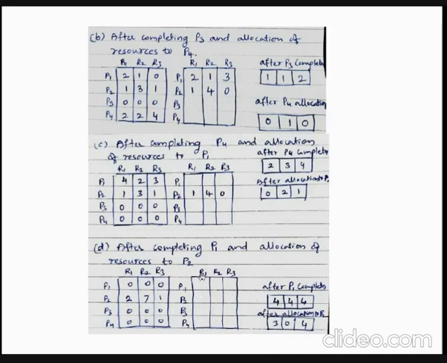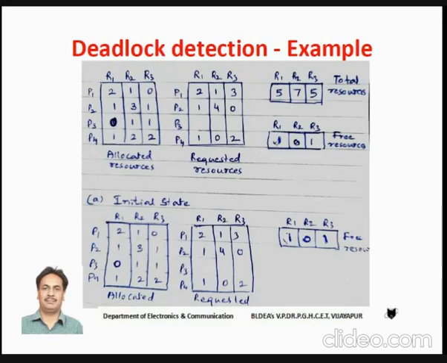Now all the processes are able to complete, right? Now we can say that all the processes P1, P2, P3, P4 have completed their execution, and none of the resource requests is left out. So in this situation, we can decide that none of the processes will be in deadlock. Students, I'll just explain the concept.